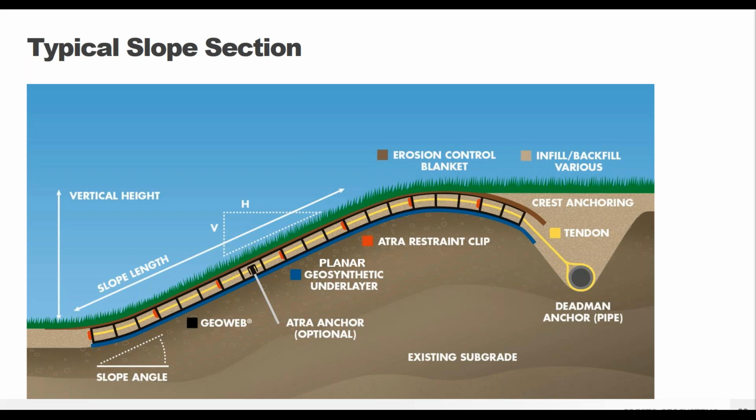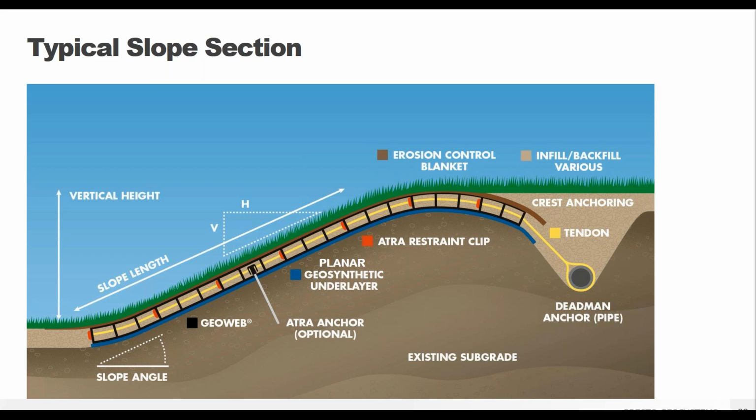When using the GeoWeb for slope protection, which could be things like reinforced dams or levee faces over the top of dikes like we saw earlier, this is the type of cross-section that you might see. And these are some of the things that we had talked about. So there's the stake anchors if you have a very shallow slope. There's also the tendon system if you have a steeper slope or if you have a membrane underneath.